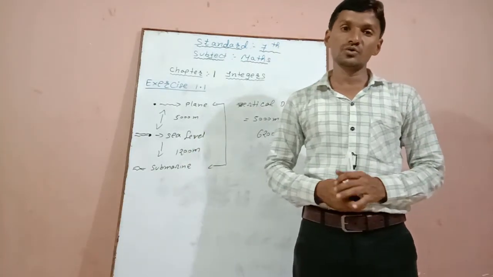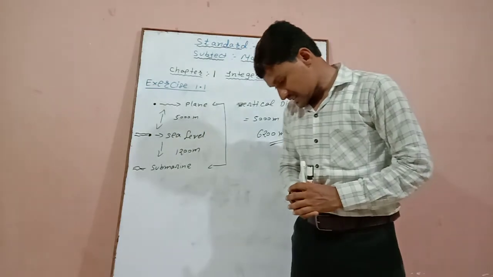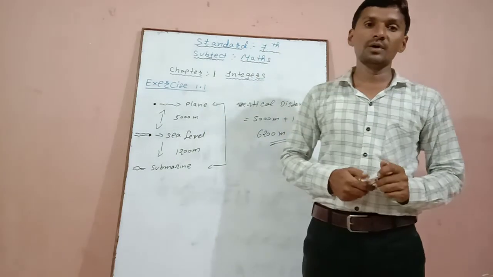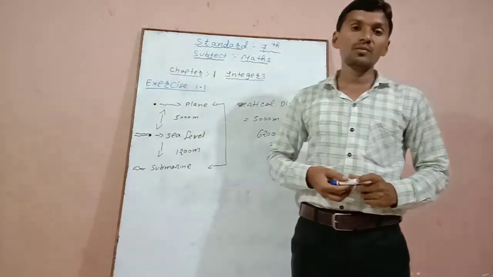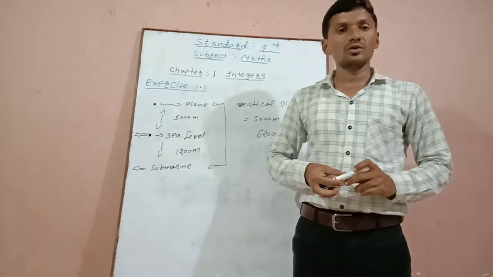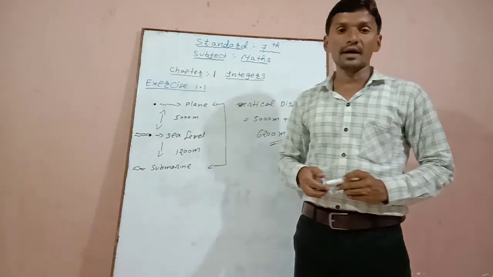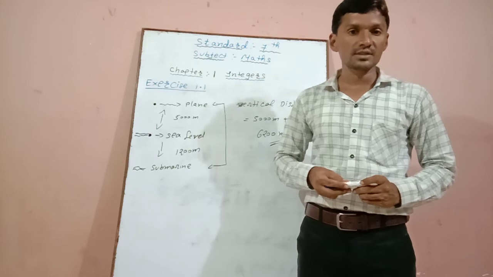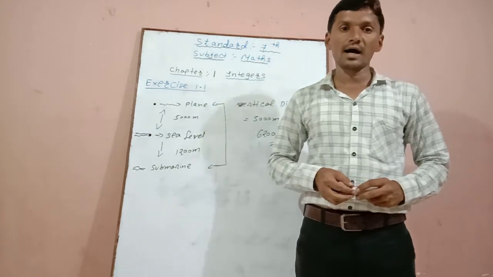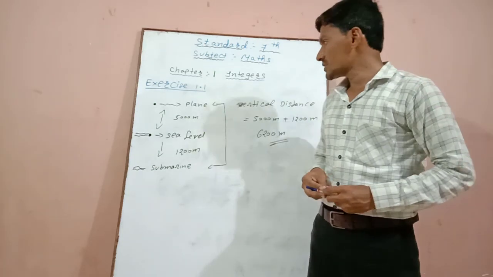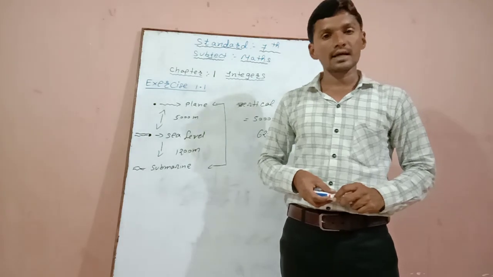So students, today we have discussed exercise number 1 till sum number 4. In the next lecture we will start from sum number 5. So enjoy and watch this lecture and revise all the sums, and you have to calculate once again at home. If anyone has a doubt, you can ask me. Next sum, that means sum number 5, will be calculated and explained in the next lecture.